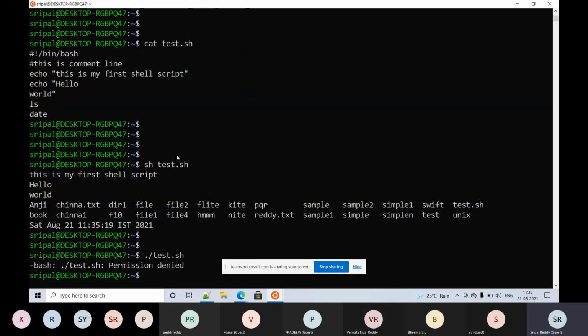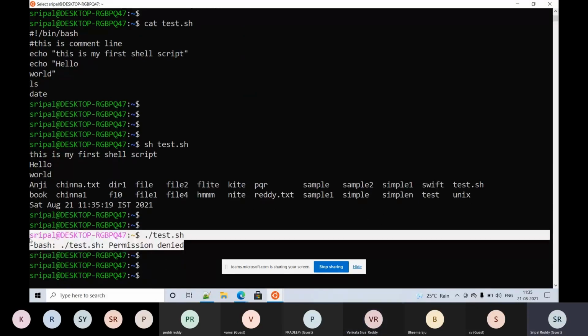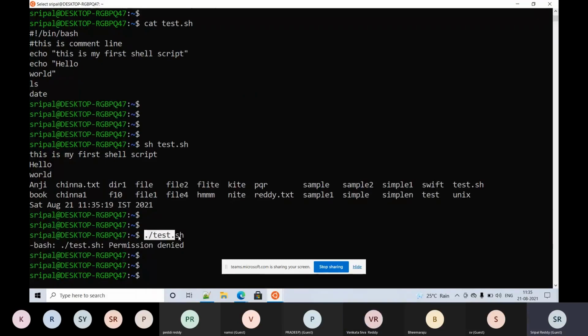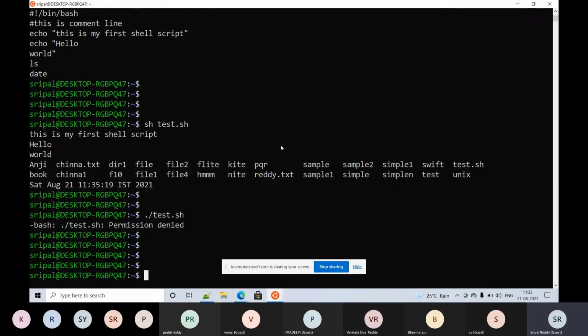The only difference is the permissions. You can see on my screen there was an error when I executed using the second technique, ./ followed by test.sh. You see that permission is denied. Before we talk about the permissions, let me give some execute permissions here. I'll get into the detailed information about file permissions later today.